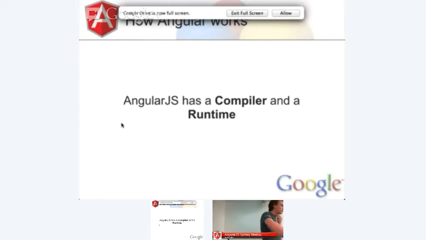Does it work with versions of JavaScript, or is it completely its own JavaScript engine? No. Angular.js needs JavaScript support. So it works with whatever version of JavaScript in all major modern browsers. So your V8 in Chrome and so on, it's supported. And jQuery is completely cross-compatible with Angular.